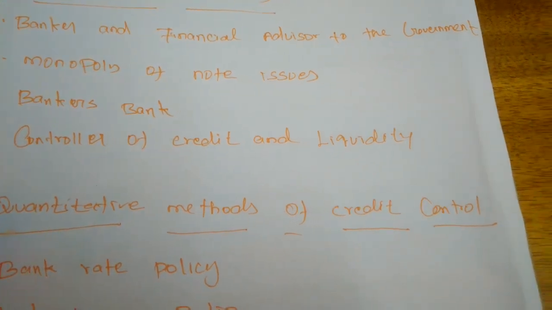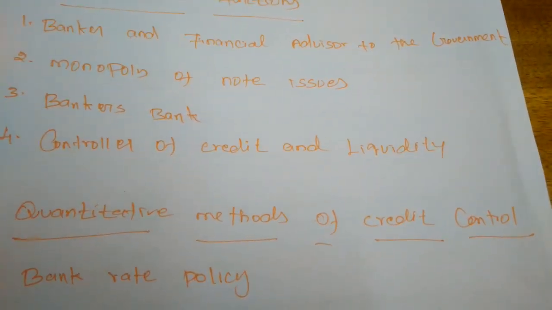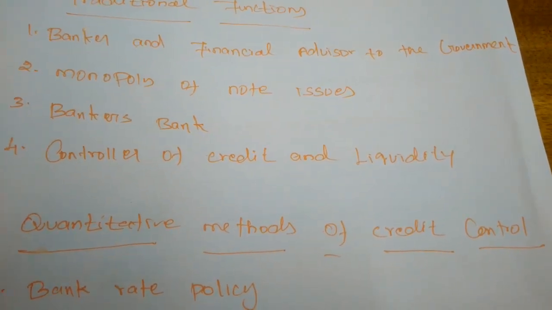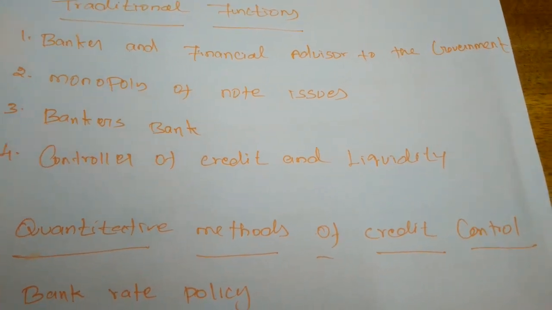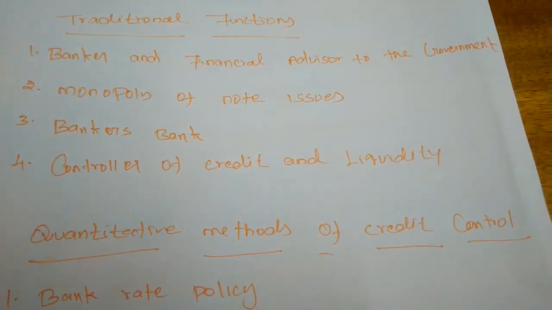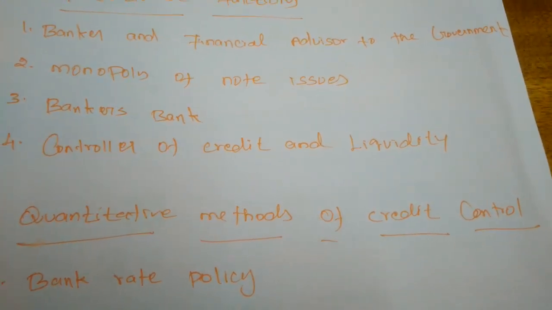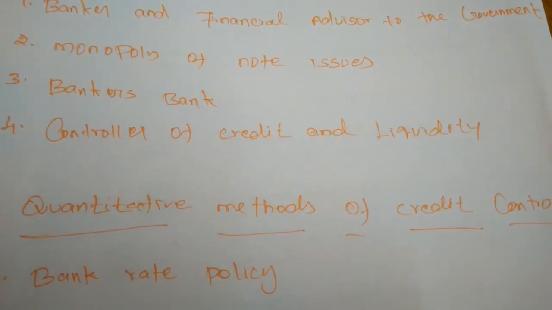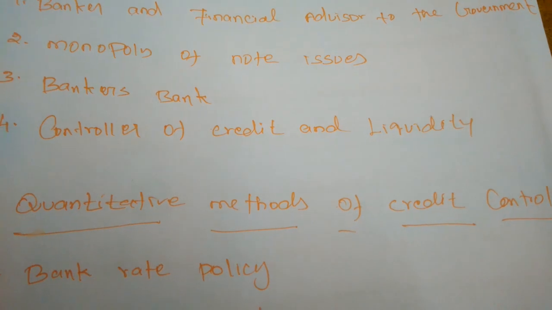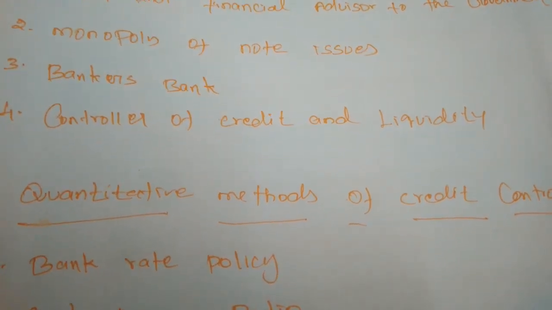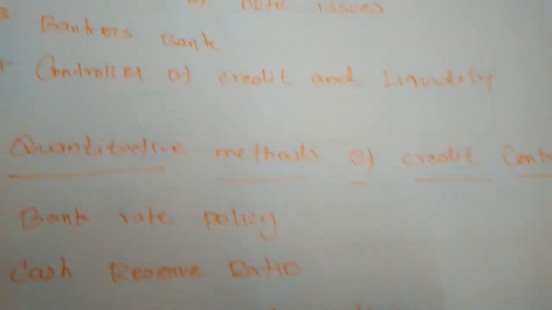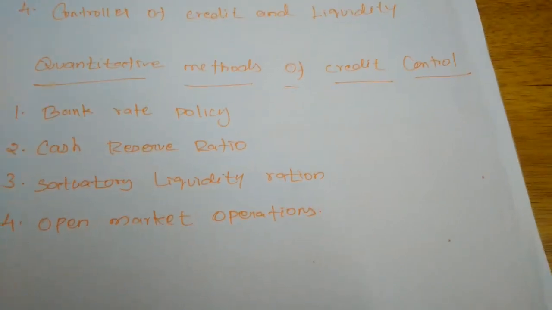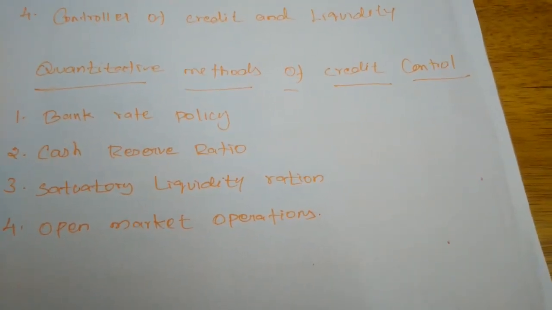Next, controller of credit and liquidity. Credit also has to be controlled by the Reserve Bank of India. The liquidity of money, or the circulation of money in our nation, must come under control. So who will control the credit facilities? The credit facilities are controlled by the Reserve Bank of India only. On the basis of the guidance of the Reserve Bank of India, four types of methods are taken for reducing credit. The first one is for reducing credit control.